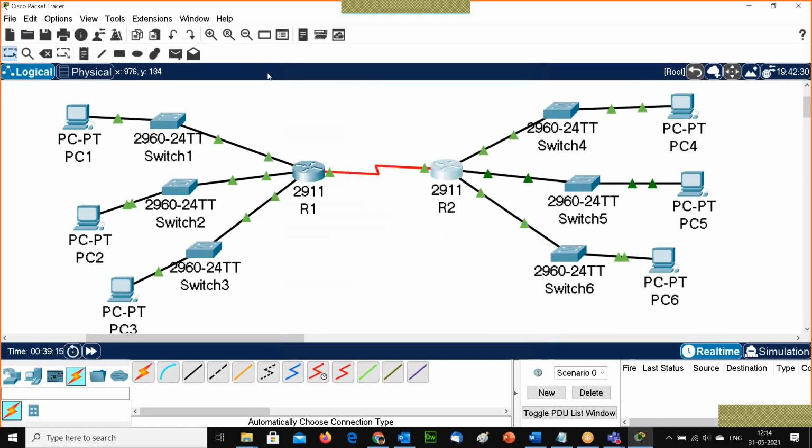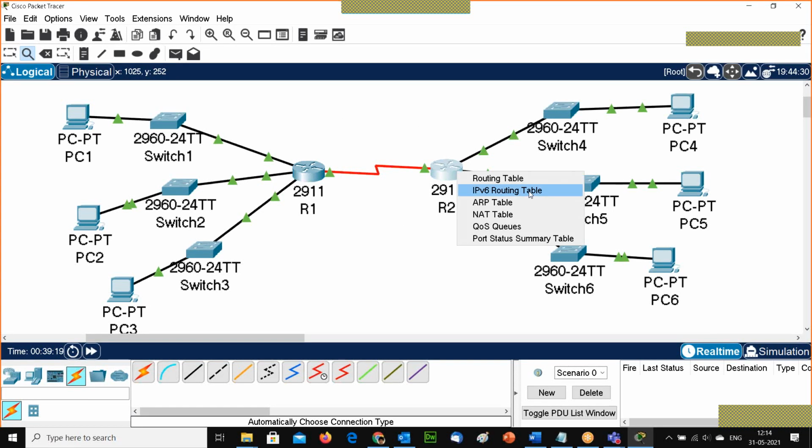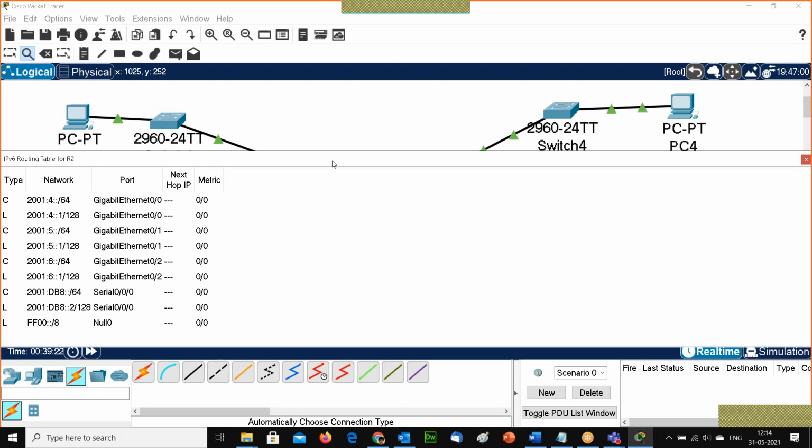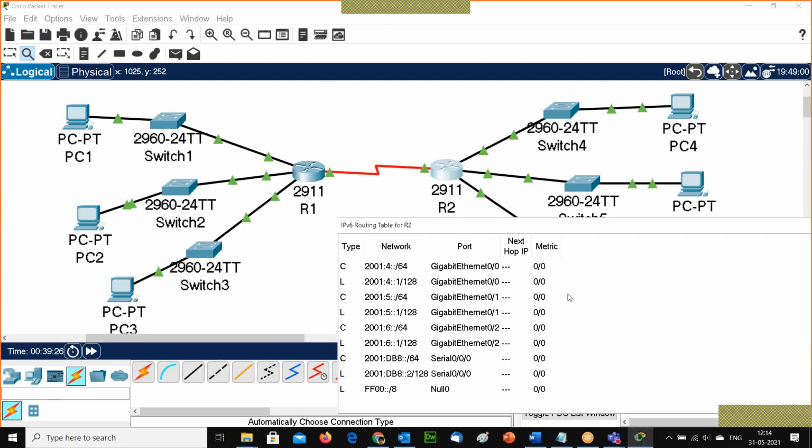And this also has IPv6 routing. You can see this R1 and R2 got a routing table.